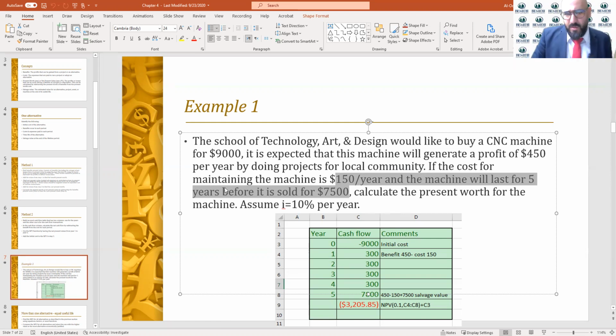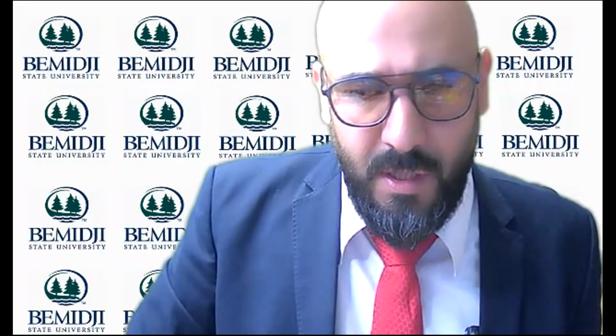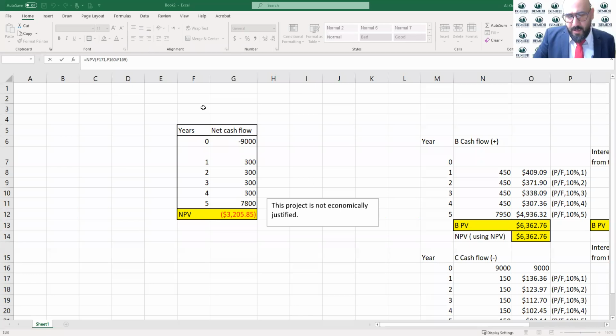So the first thing I'm going to do is start with the second methodology, which is building the cash flow. I'm going to start with the easy technique before we go into the difficult one. So I'm going to share my Excel sheet here. All right, on the Excel sheet, what you see here, we have the,